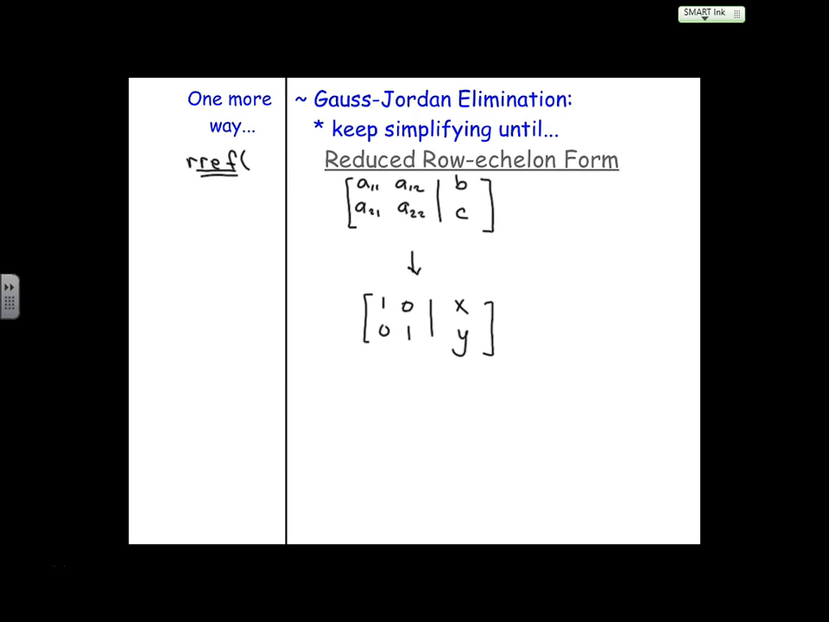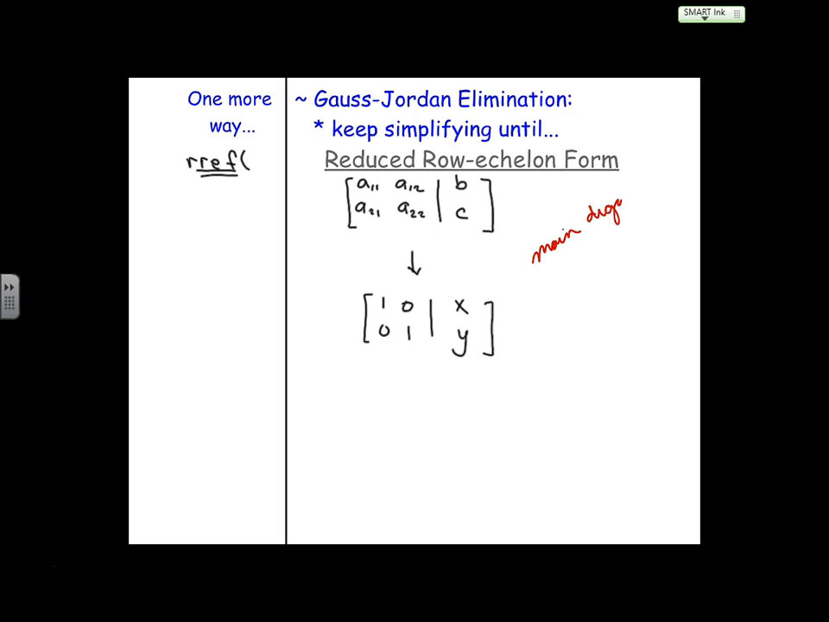How is this form different than the row echelon form that we were getting something into yesterday? There's zeros on top. Zeros on top and bottom. So technically, reduced row echelon form is just a little bit further than row echelon form. Okay? So we still have a main diagonal